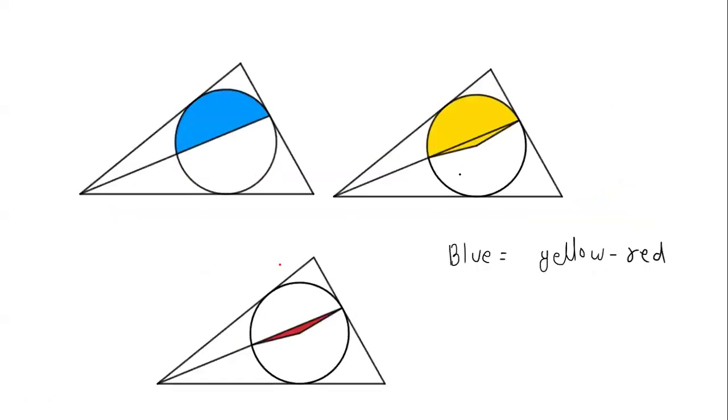So you see this figure, if I assume this point to be the center of the circle, and let's assume this whole area is the yellow area, and this is our red area. Then if I do yellow minus red area, you can easily see that I get this blue area. So this is the strategy. This forms a sector, and this is one triangle. If you subtract sector minus triangle, you can get this blue area.